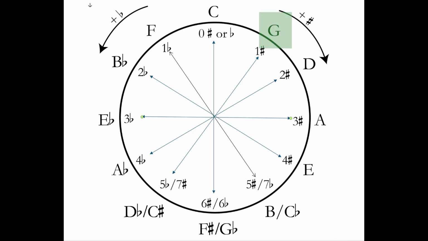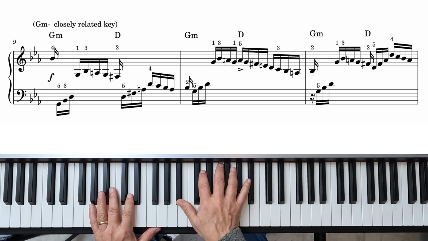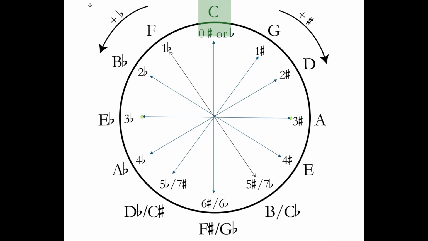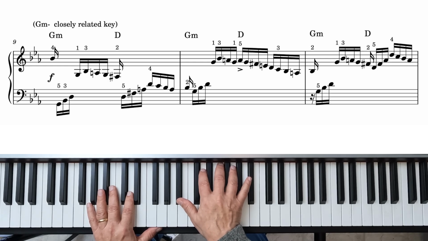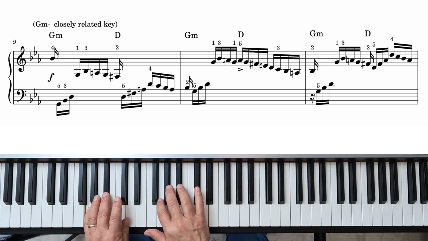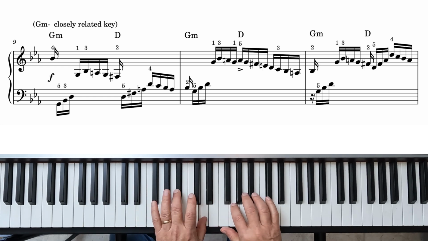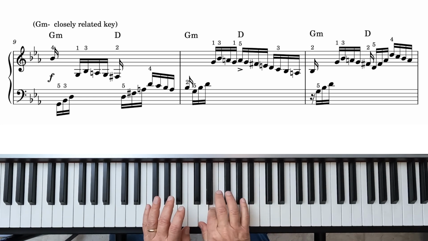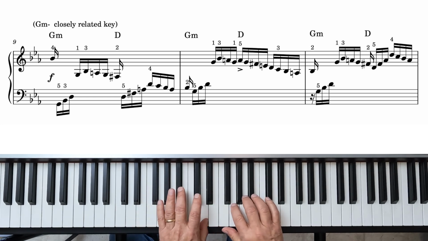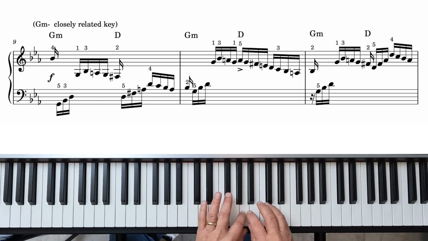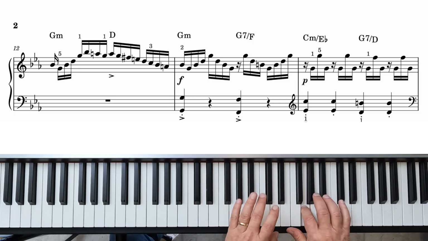It's only one step over on the circle of fifths. Many Baroque and classical composers, when they modulated, would modulate to a closely related key. Romantic composers, on the other hand, would often modulate to distant keys. But anyway, here we are in the key of G minor. Same pattern, repeating an octave higher each time: G minor, D, G minor,